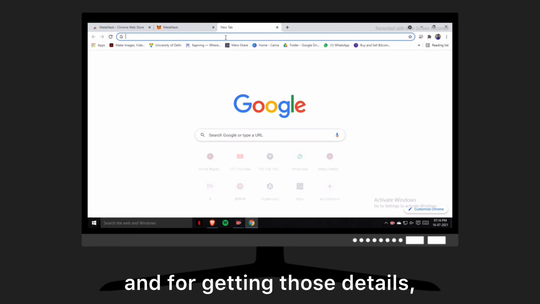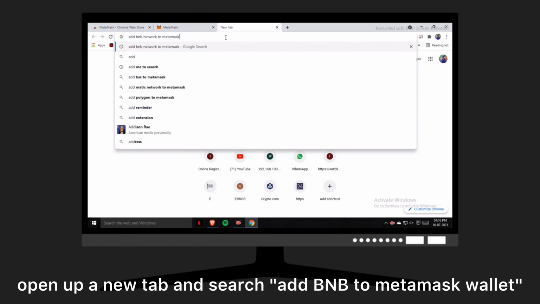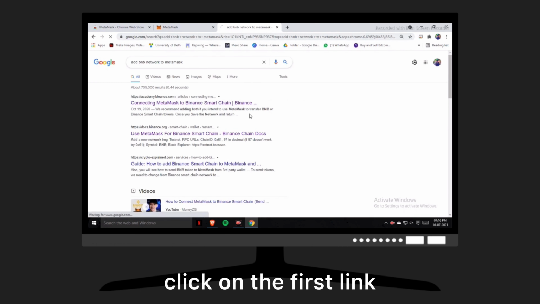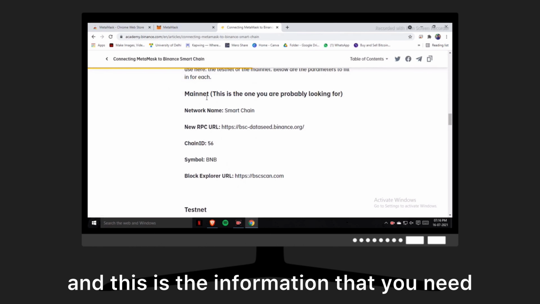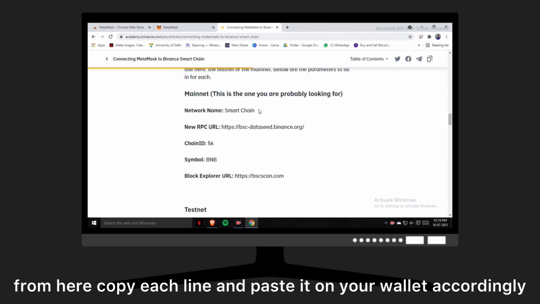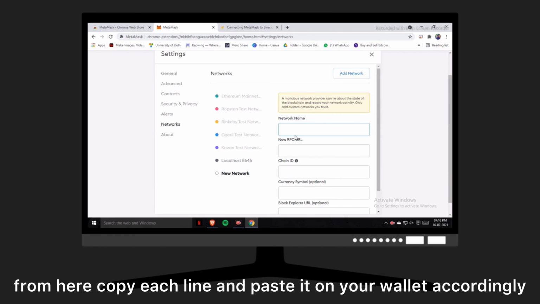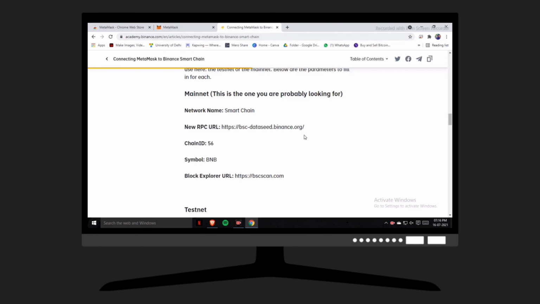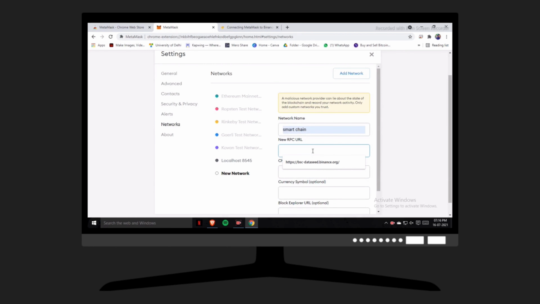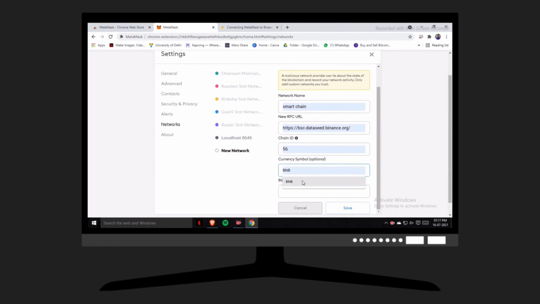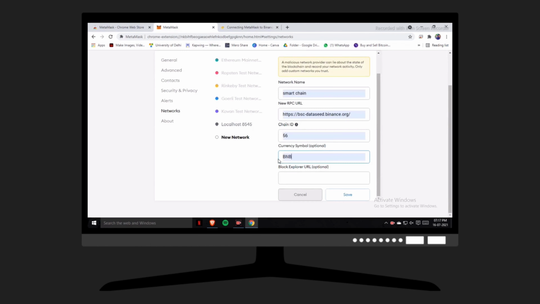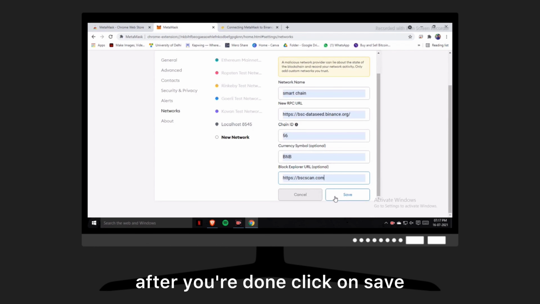And for getting those details, open up a new tab and search add BNB to Metamask wallet. Click the first link, scroll down, and this is the information that you need. From here, copy each line and paste it on your wallet accordingly. After you are done, click on save